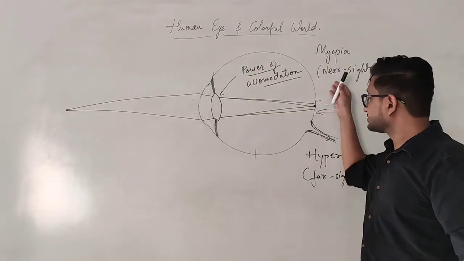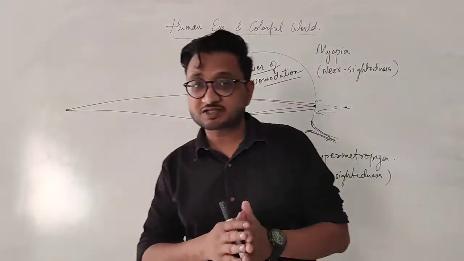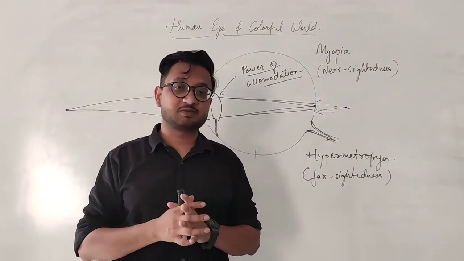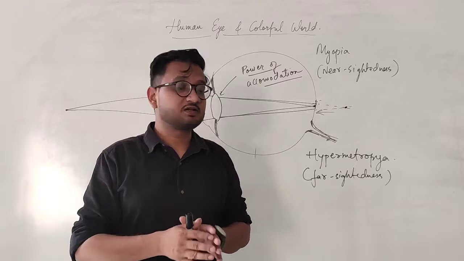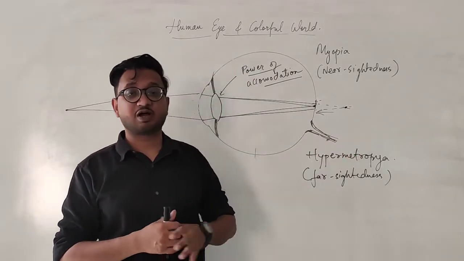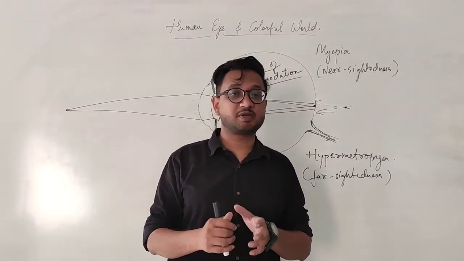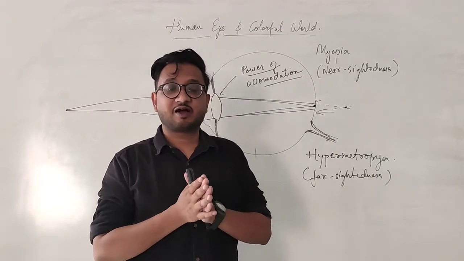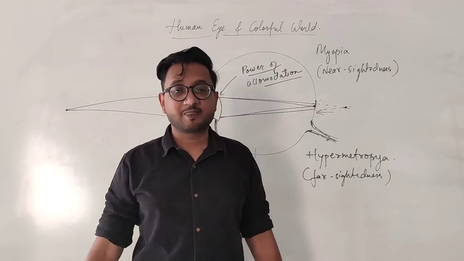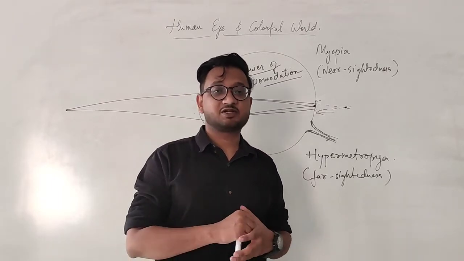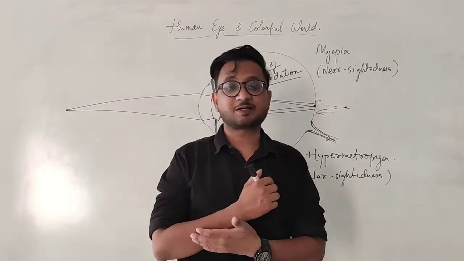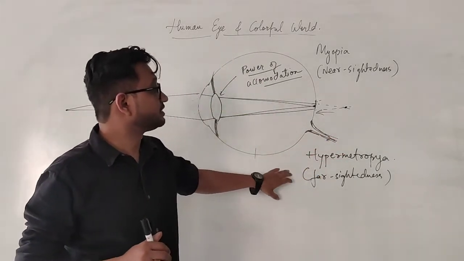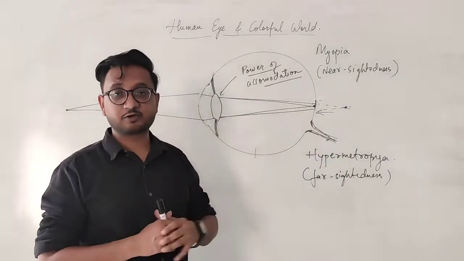No need to panic about this confusion, because this defects of the human eye has been omitted from the syllabus. You can check it on the CBSE website as well. For this year, this particular topic has been removed. However, we will still study the topics because only a few simple topics are remaining, and after that our whole syllabus will be done. And the final chapter, if the time is enough, we will continue with the last chapter, that is the sources of energy as well. But for now, we will only focus on myopia and hypermetropia.